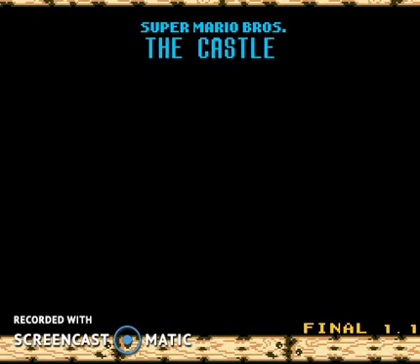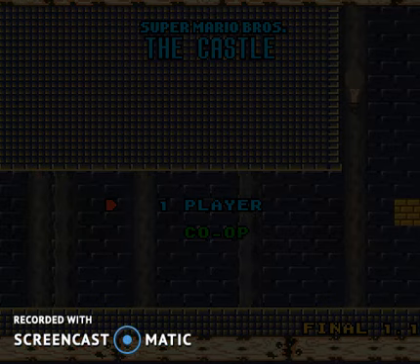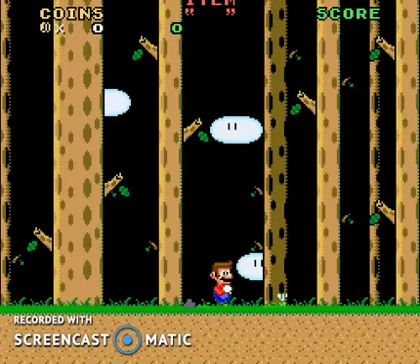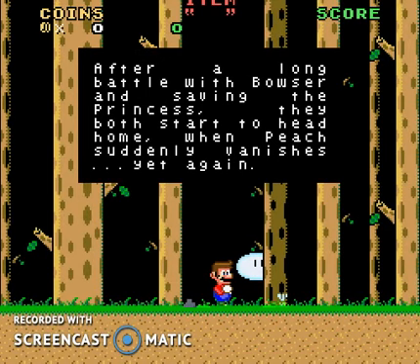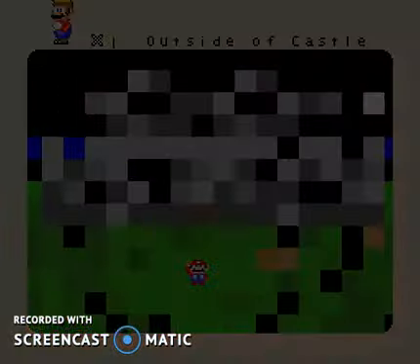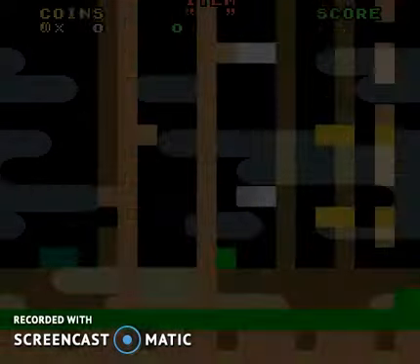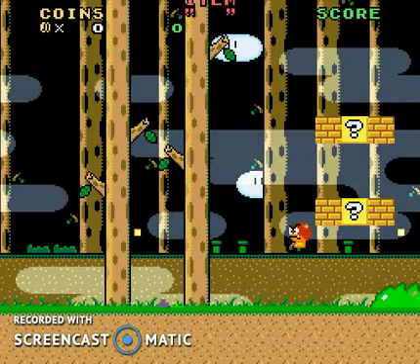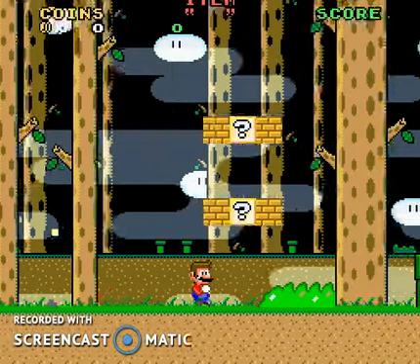The Castle, most of the games, it takes quite a long time to load, but apparently the pixels they used in the 80s,